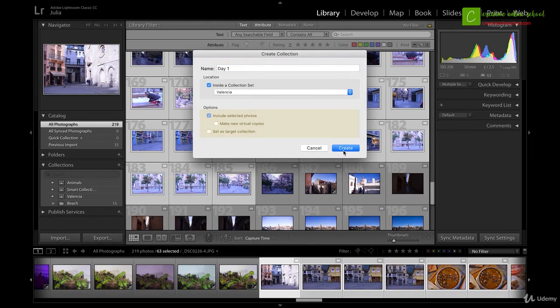Then I've got a few other additional options. I do want to include the photos I've already selected, so I'm going to check this box. You can also keep the images in your collection separate from the rest of the library by ticking Make New Virtual Copies. That way, the changes that you make to the images in your collection won't change the image in